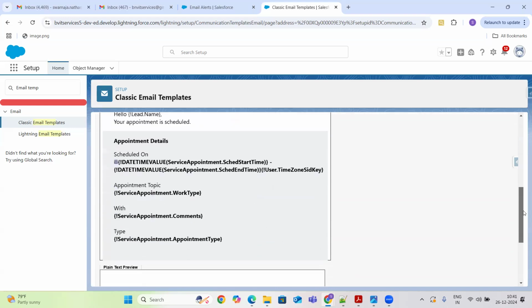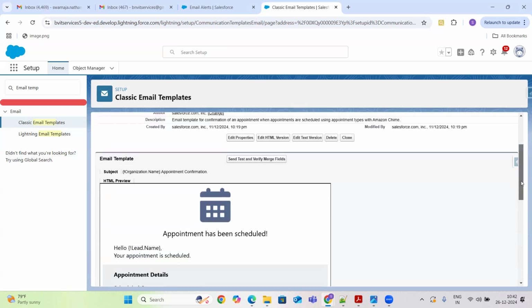These we call merge fields, guys. That means we are not hard coding the values. Values which we are getting are from the record. For example, on the case, the status is open. Then automatically you can use case dot status, object name dot field name. So that whenever you change the value, that respective value will get rendered here. These fields obviously you will get in the top.